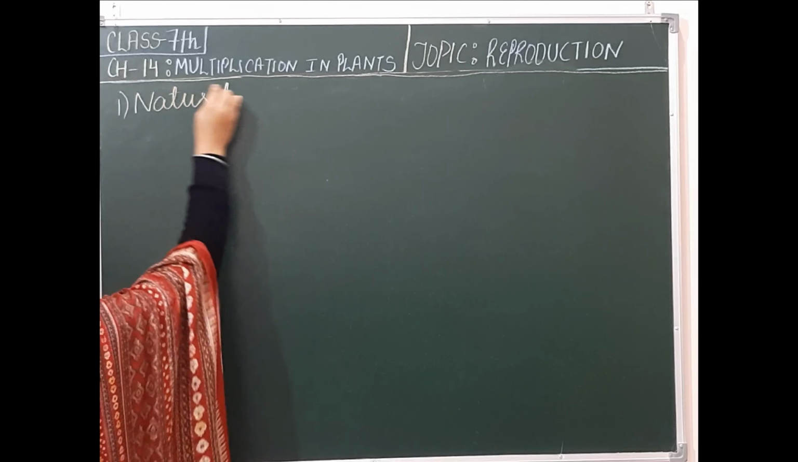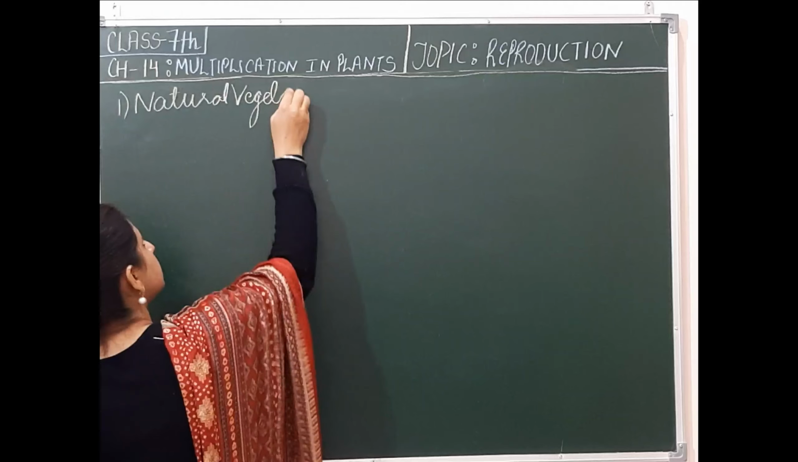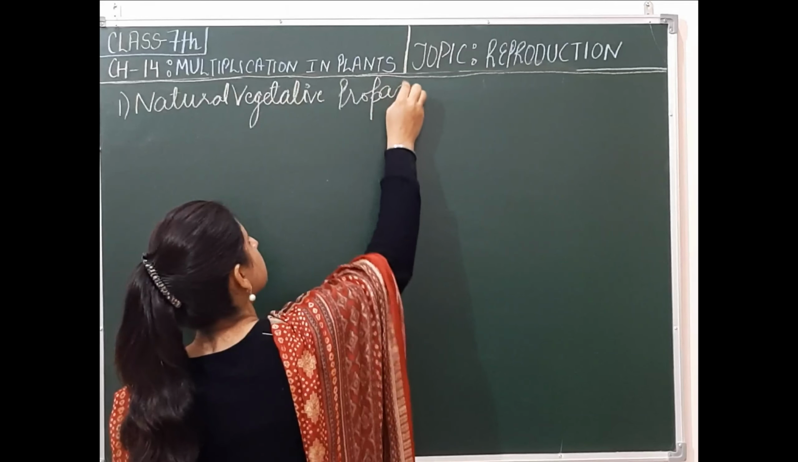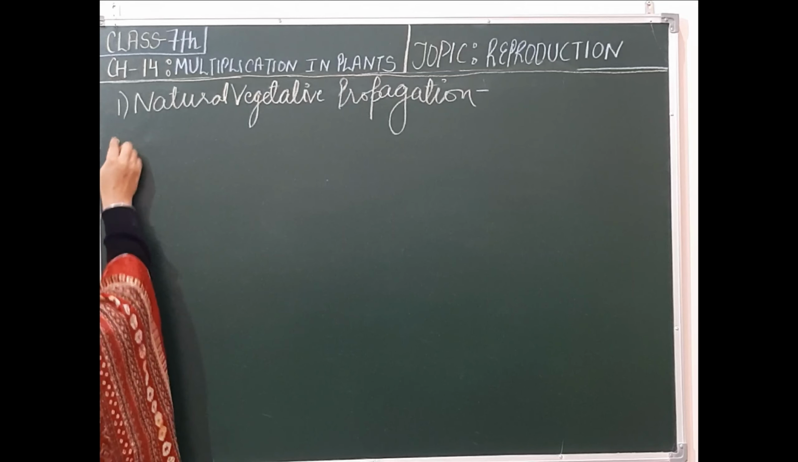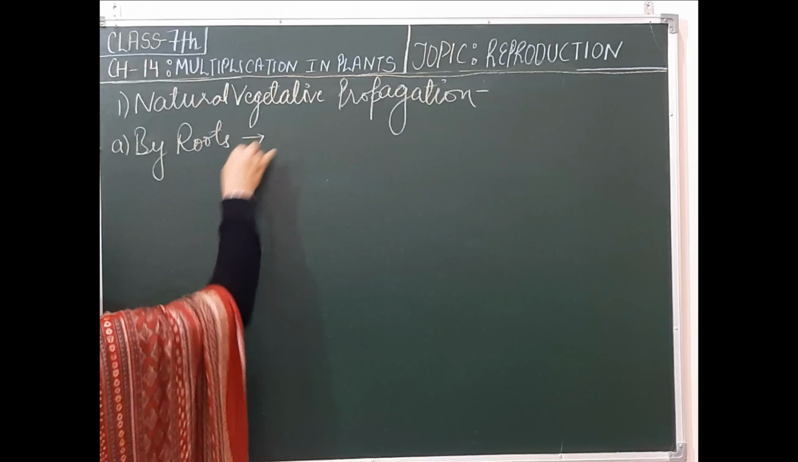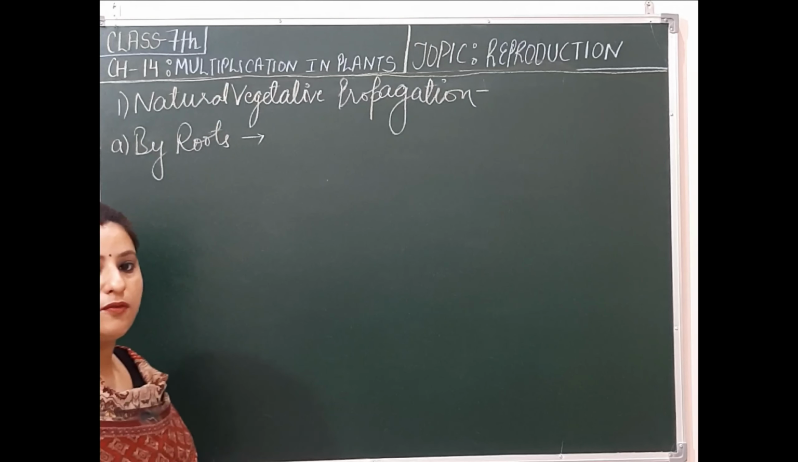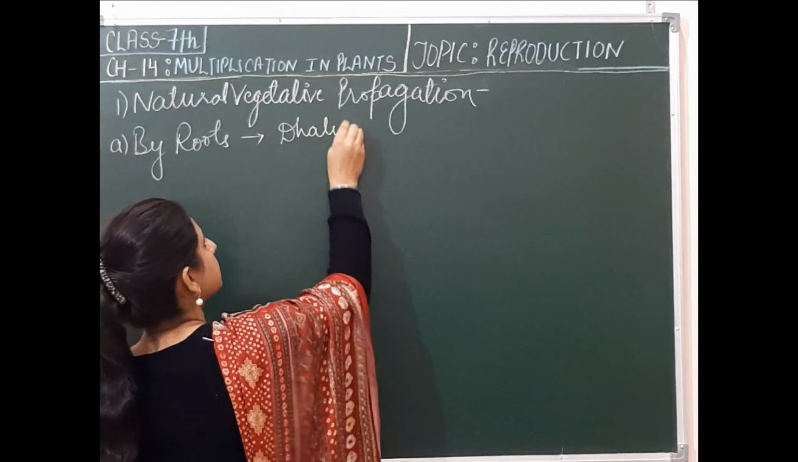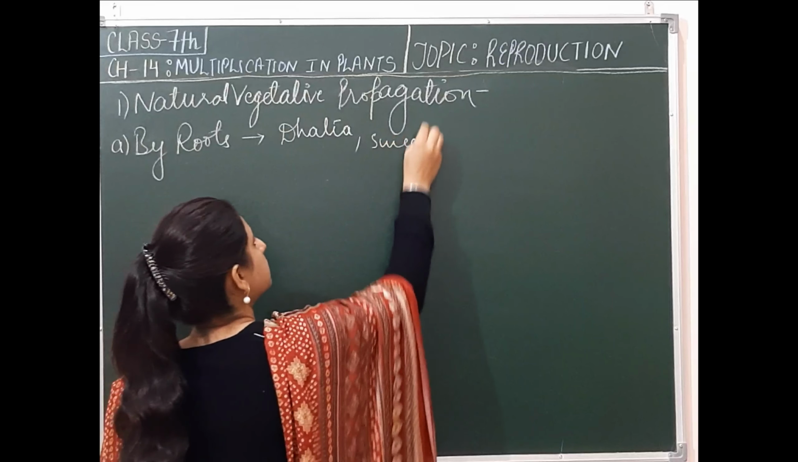Natural vegetative propagation. In natural vegetative propagation, naturally the plants grow themselves in an environment, as first is by roots, or you can say by underground roots. So the best example for the underground root, that is dahlia, sweet potato,